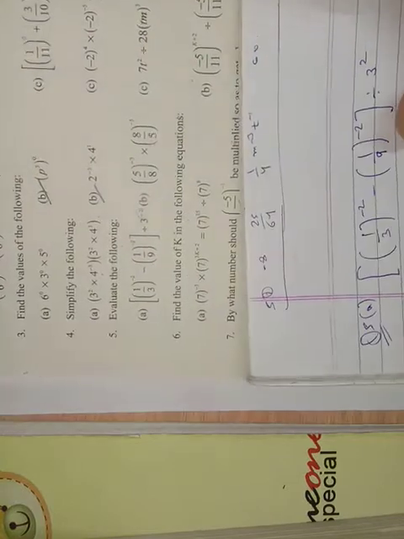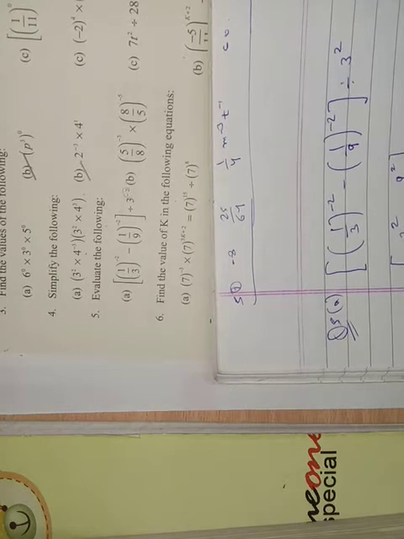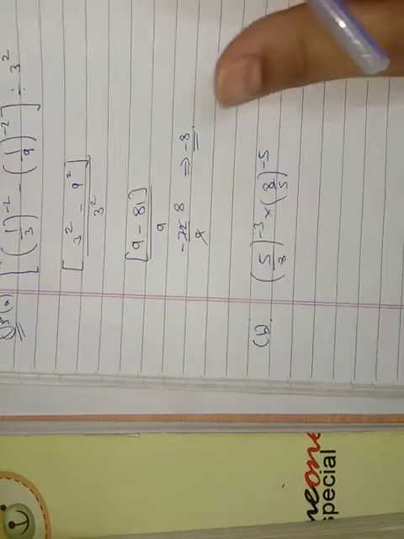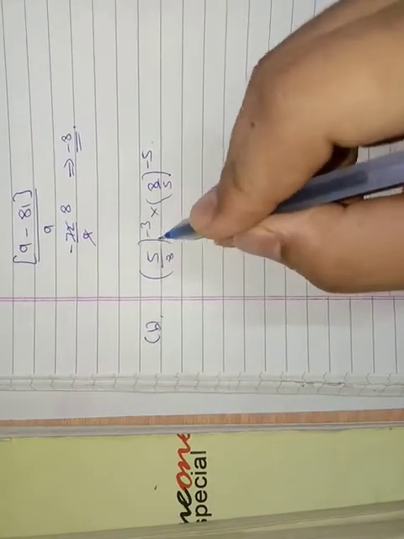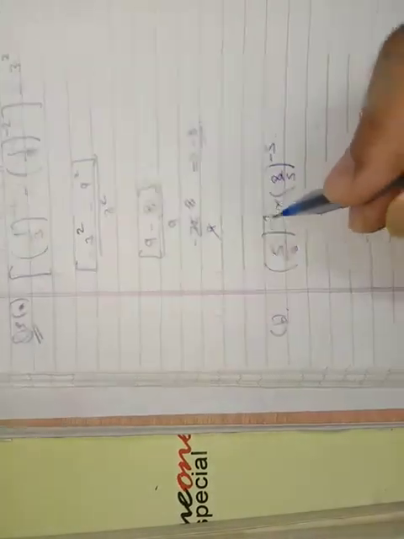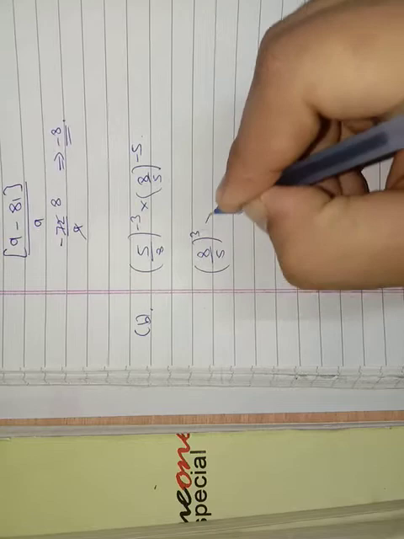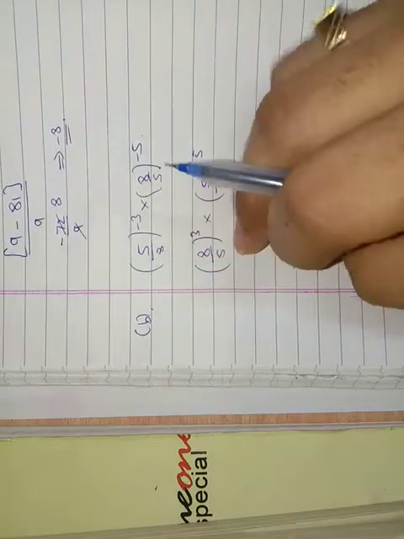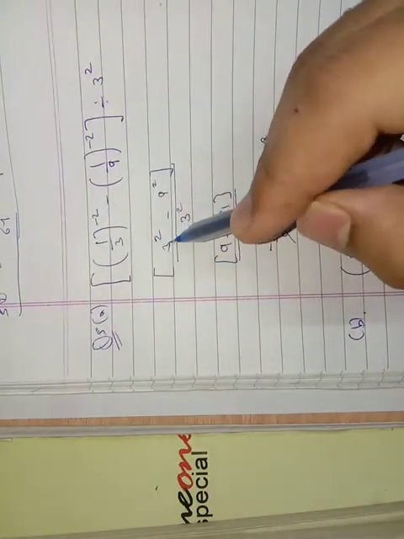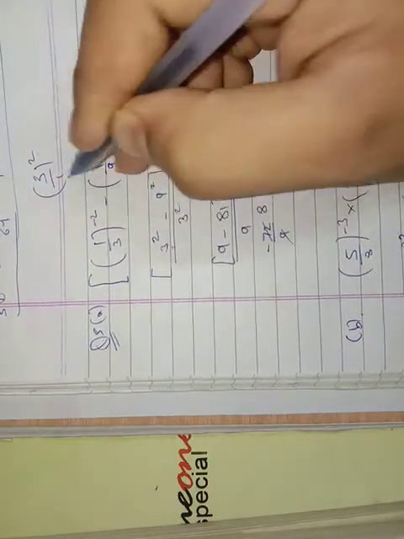The second part is 5 upon 8 power minus 3 into 8 upon 5 power minus 5. This is the B part. Now what we have to do: minus power is there, we have to make it plus, we will do the reciprocal. So 8 upon 5 power 3, and this is 5 upon 8 power 5. Clear? It will become plus when we do the reciprocal. Here also same, 1 upon 3 means 3 upon 1, it will be 3 upon 1 power 2, and we will write this also, both are same.